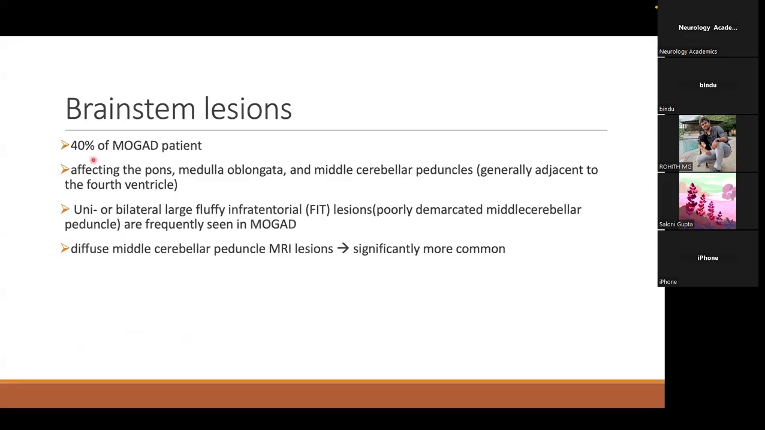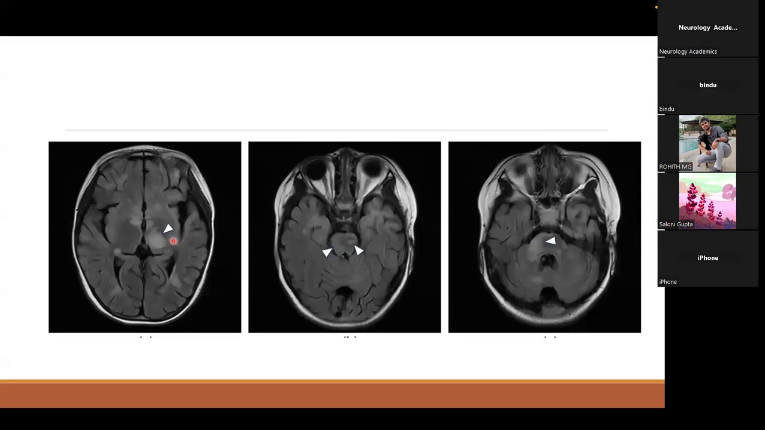And coming to brainstem lesions, 40% of MOGAD patients have brainstem lesions. It involves the pons and medulla, with predominant MCP involvement, that is, middle cerebellar peduncle involvement. And here the lesions will be adjacent to the fourth ventricle, not lining the fourth ventricle. Unilateral or bilateral large, fluffy, poorly demarcated infratentorial lesions can be seen, especially in the middle cerebellar peduncle in MOGAD. And so here we can see